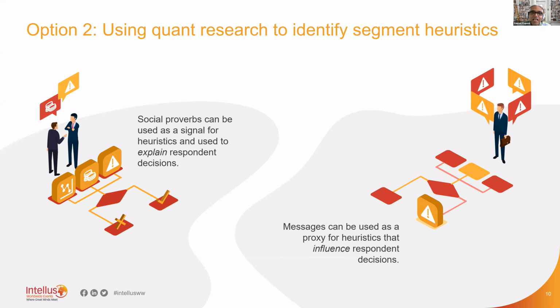You can also disguise heuristics inside messages. So if you write a message to the peak and rule heuristic, and you show lots of messages to respondents in a quant survey, and they find certain messages much more motivating than others, then the language in that message that was written to a specific heuristic basically becomes a proxy. If they find a message highly persuasive, then they find the heuristic inside that message highly relevant. This is also a rule of thumb that you can utilize to identify the specific heuristics of each respondent in a quantitative research setting.